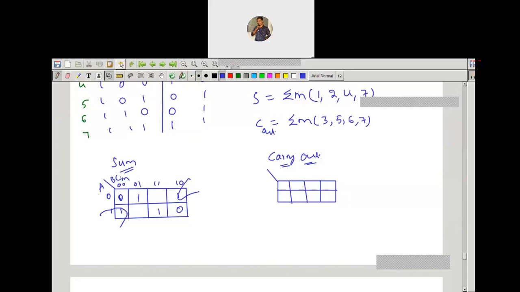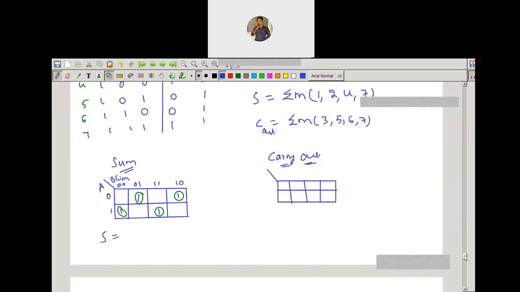Now here you can group only how many cells? You can group only 1 cell here, right? Maximum number of cells is 1. Now let me write down the expression here.